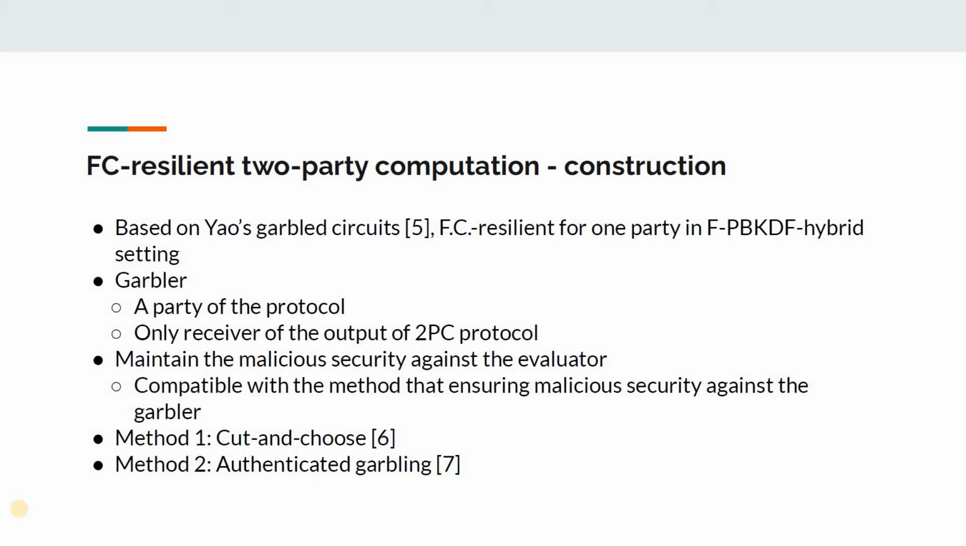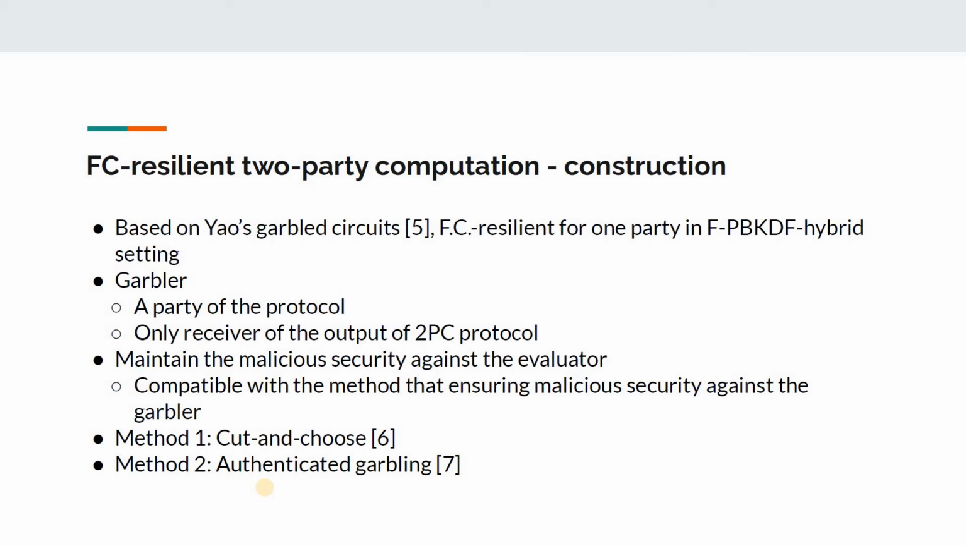So we have two methods proposed here. First is cut and choose, which is a technique improved from Yao's protocols that provides security against malicious adversaries, as Yao's can only provide security against semi-honest adversaries. And the second method is authenticated garbling,